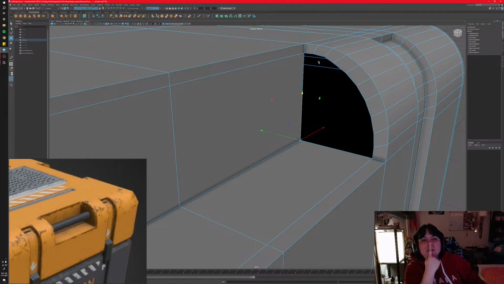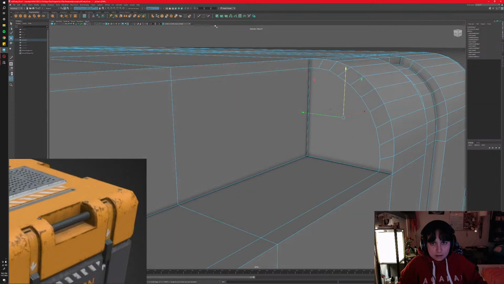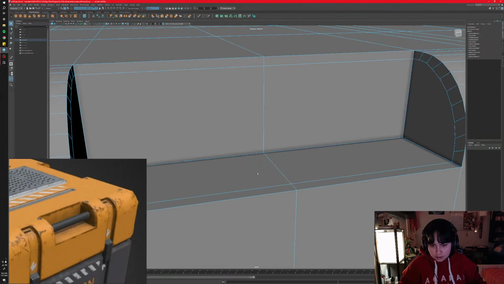Hold on. 1, 2, 3, going down, and then 1, 2, 3, going over. I feel like there's a much better way for me to do this. What if I do this, and then I do fill hole, and then what if I grab this thing? Okay. What if I do